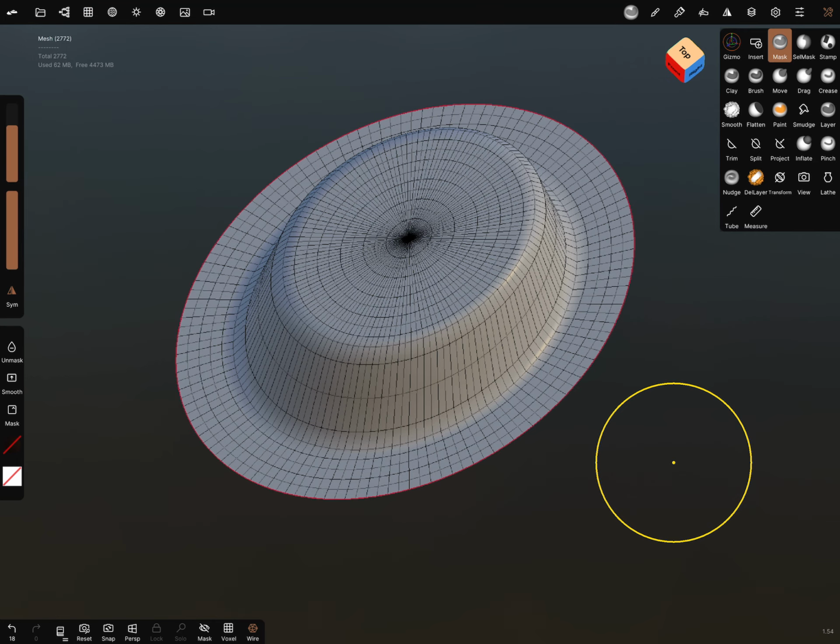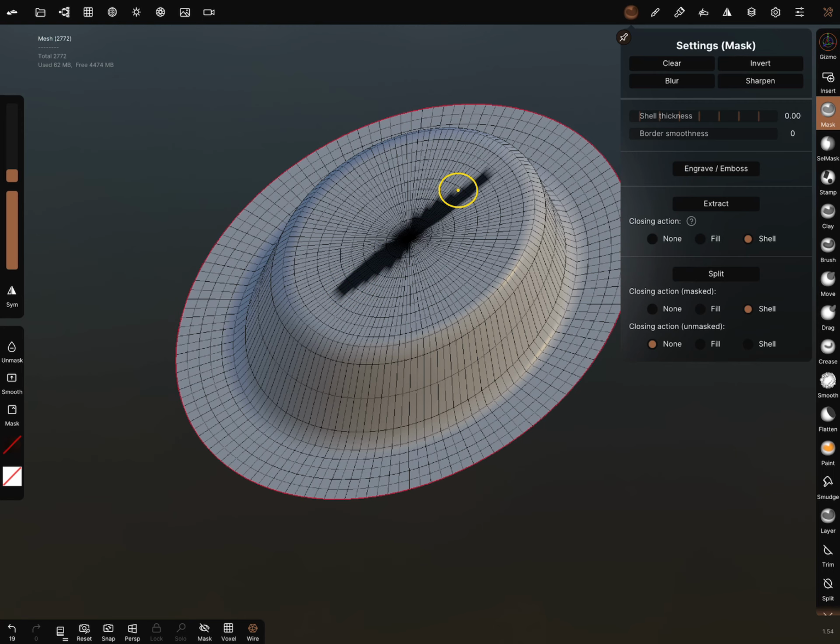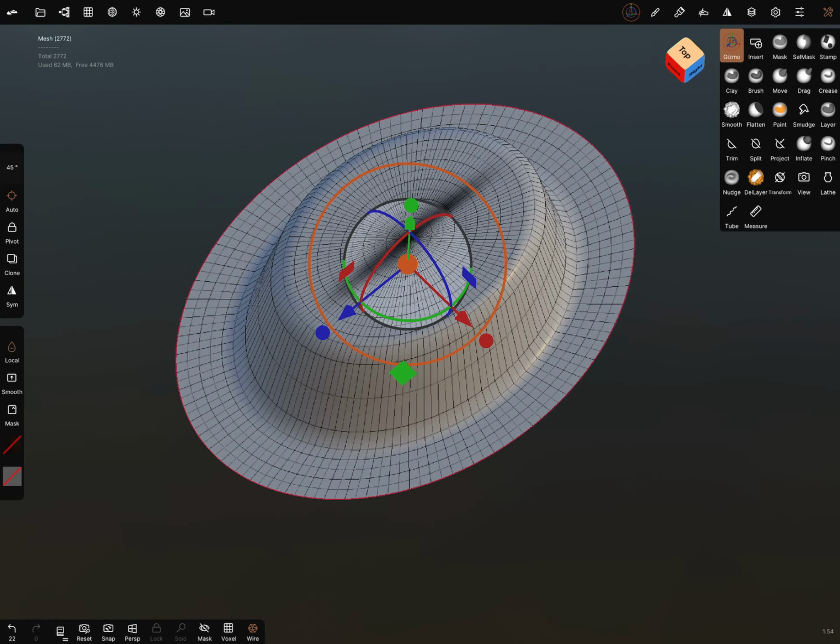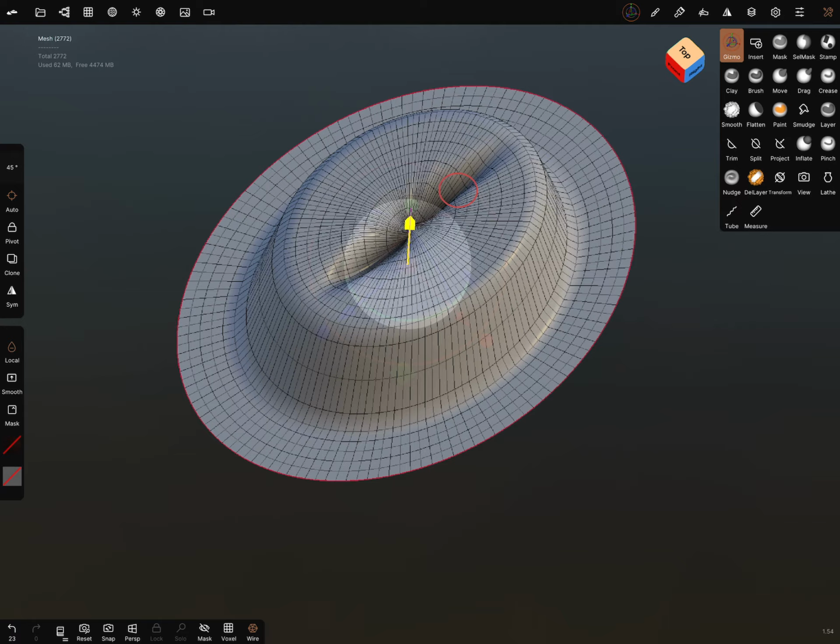I go to the mask, reduce the size of the brush a little bit, and we can turn the symmetry off. And in a hat there is such a thing. We can blur this a little bit and bring this down.